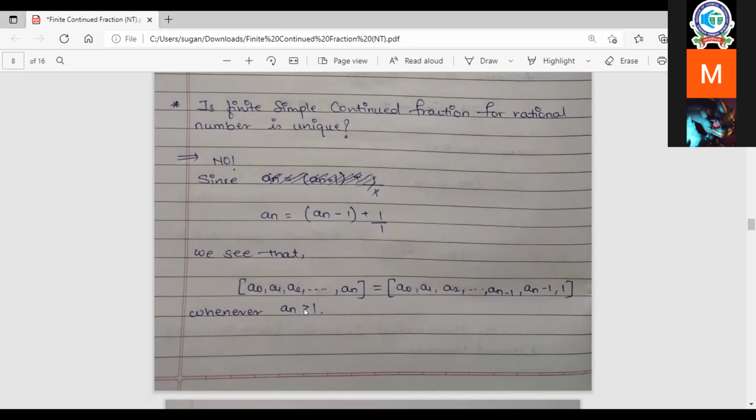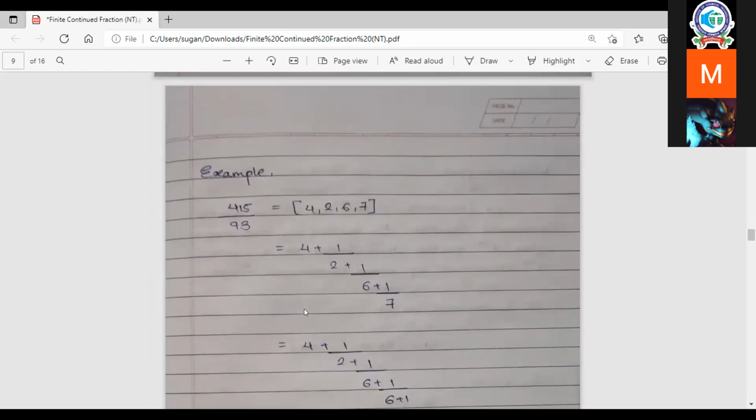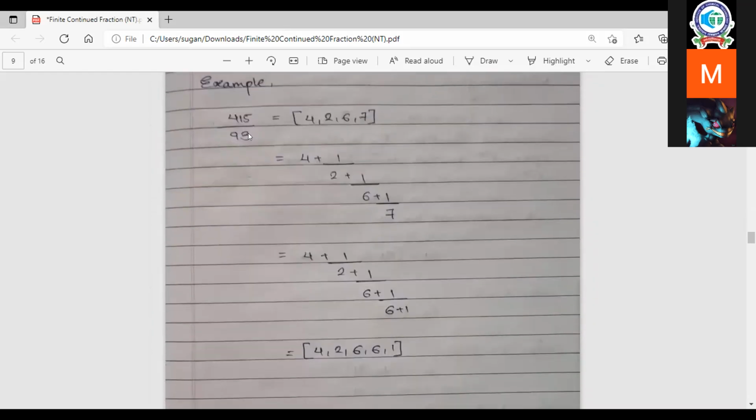So we already have done this example. We take 415 divided by 93. We get this continued fraction as 4, 2, 6, 7. We write it in this form: 4 plus 1 upon 2 plus 1 upon 6 plus 1 upon 7. And now I can write this 1 upon 7 as 6 plus 1. So we get here